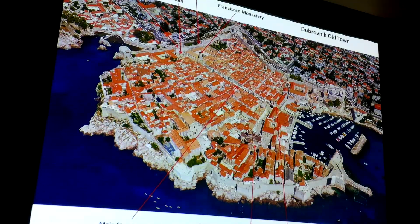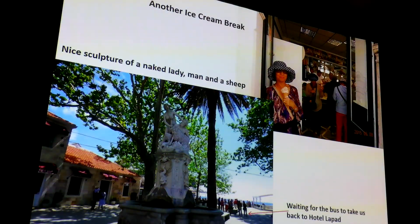Okay, here's an overview of the old town. It shows you the location of the north gate that we came in, and that's the fountain over there, and the stairs to the wall are right there. And this particular building is the convent, the monastery. And the main street is here, and the clock and bell tower is right there. And the Cathedral of the Assumption is right there. So there's a harbor, and the tramway is probably somewhere in this area. You can take the tram over there. Okay, after we walked around the old town around 3 or 4 o'clock, we